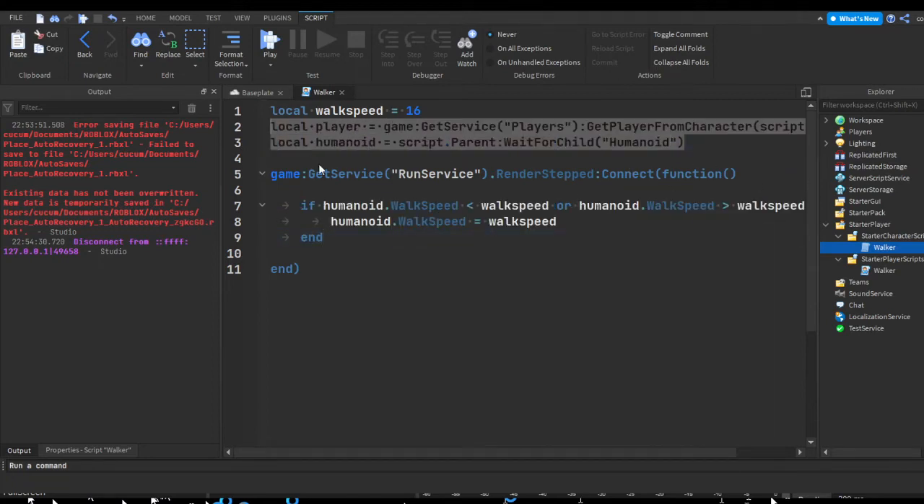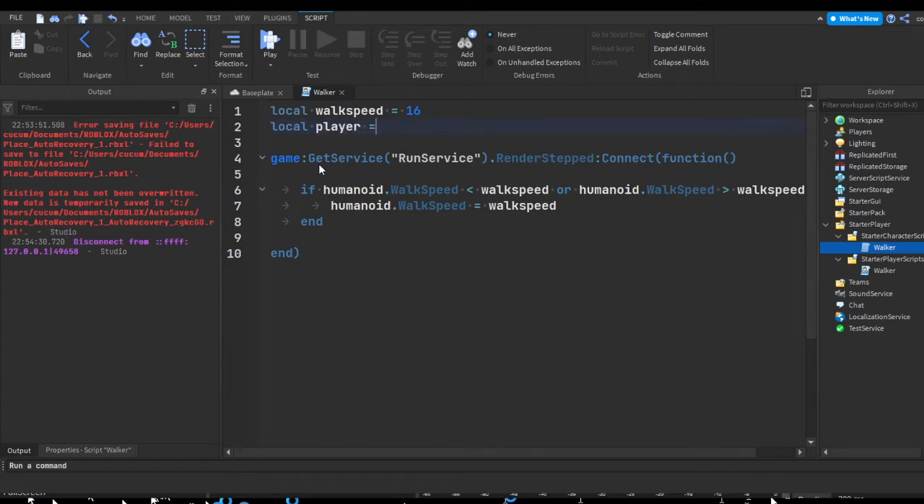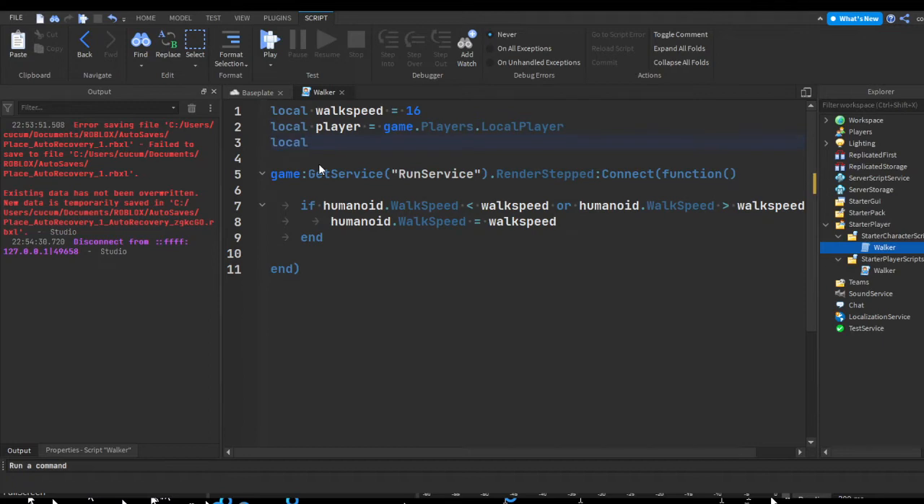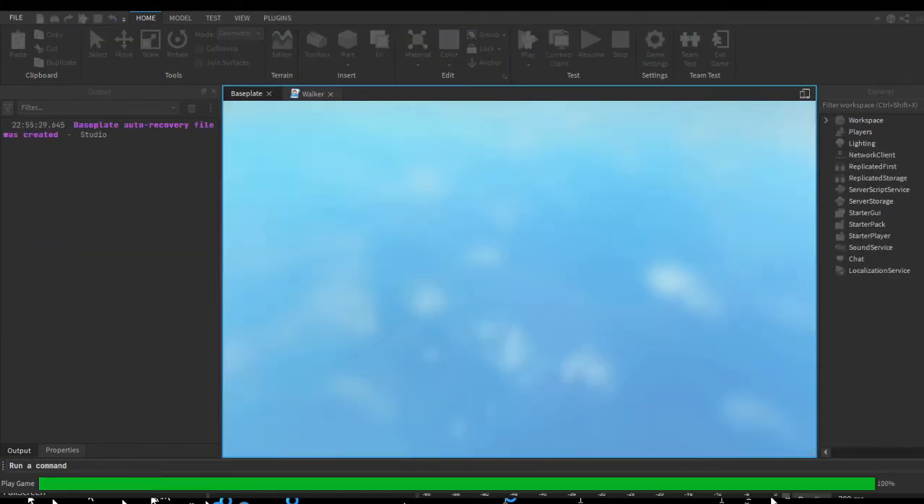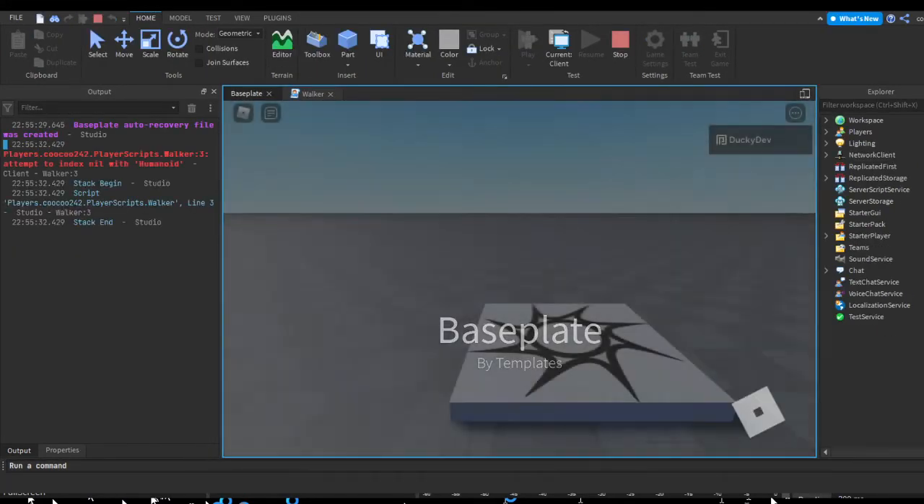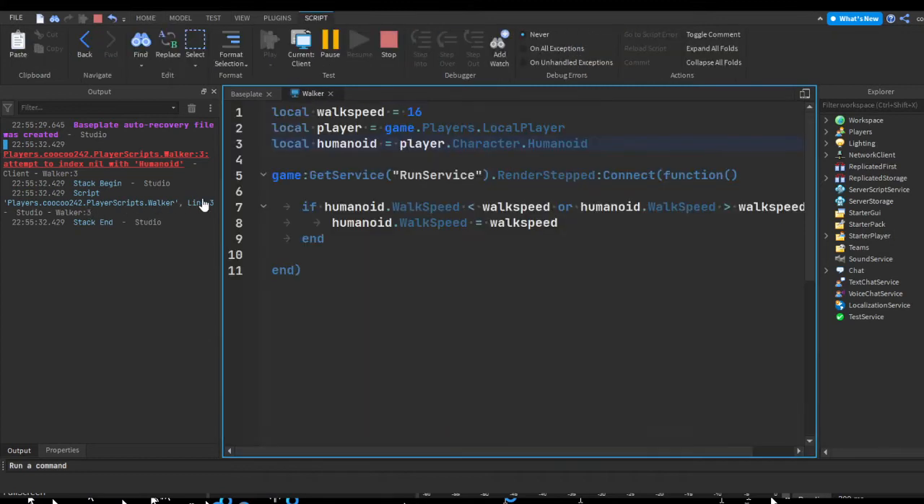We can just do local player equals game.Players.LocalPlayer, and then local humanoid equals player.Character.Humanoid. This should be fine, because in a server script you can't get the local player, but in a local script you can. So if we hit play, we should have a pretty basic